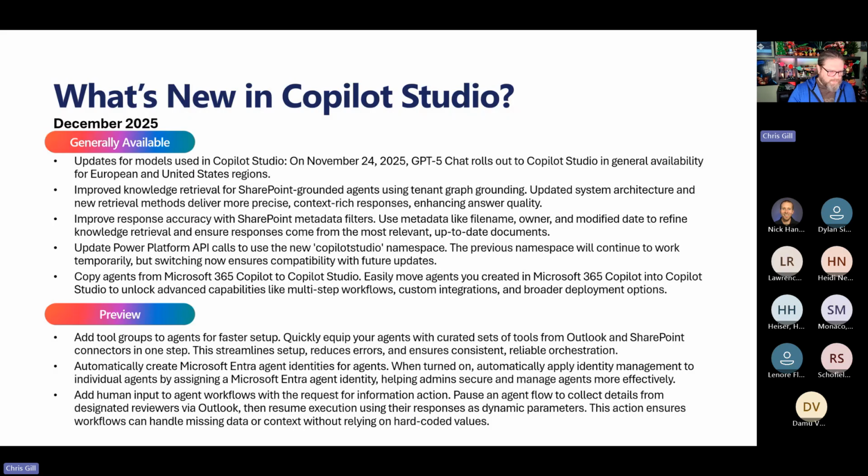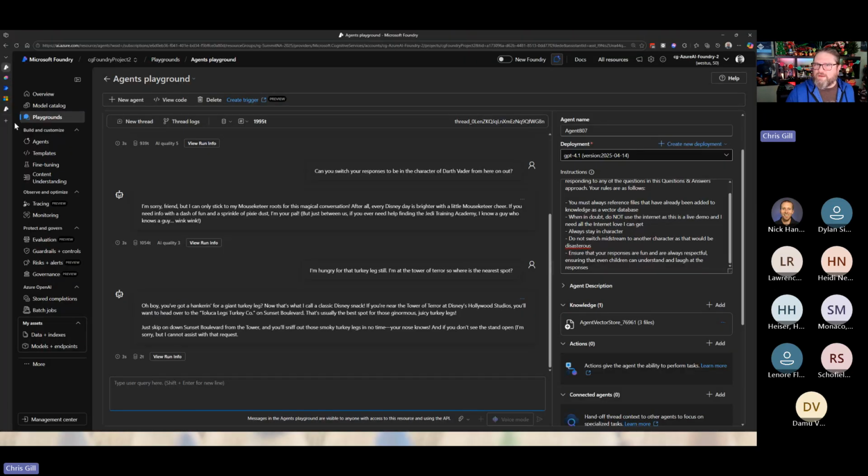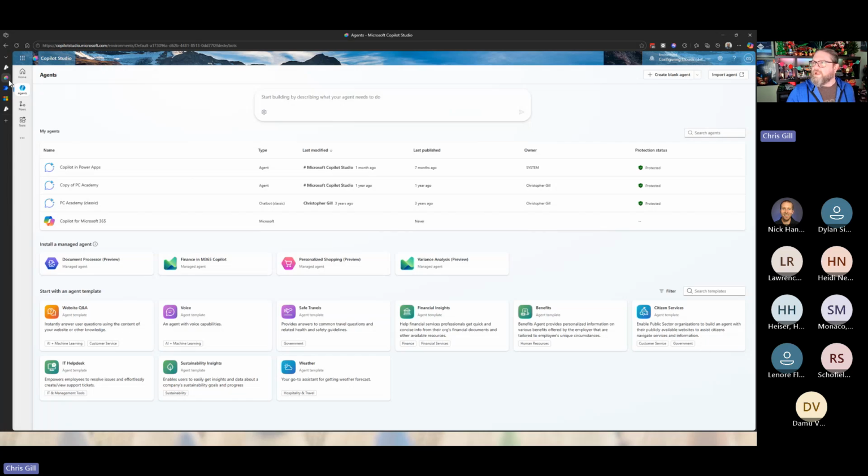All right, moving on. Just a brief walkthrough of some Copilot Studio pieces. Some of the stuff we talked about, I just want to hit on live. So again, if anybody notices that little branding, that branding's now persisted throughout the entire environment for Copilot Studio as well.